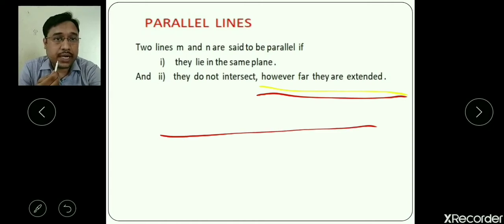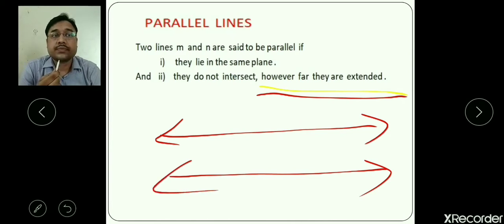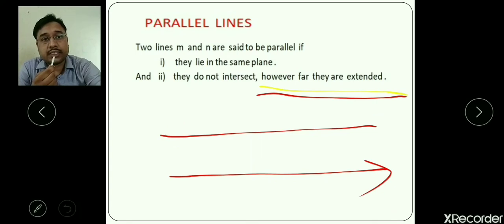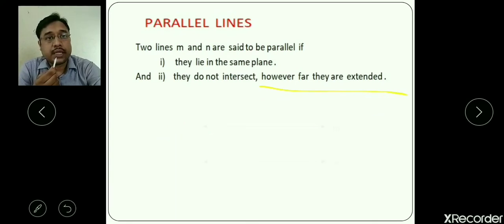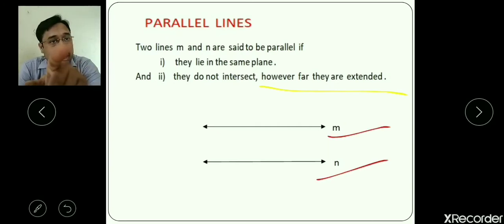Suppose that these two are parallel lines only, then they will never intersect however far you extend them. It will never intersect. So such lines are called parallel lines, and the condition is also that they should lie on the same plane. In this example I have shown that these two lines M and N, the lines we are naming by small letters only. If you are using single letter lines, we use small letters, that is M and N. Any other letter also you can use. So here however far you extend, they will not intersect. Such lines are called parallel lines, and they should lie on a single plane, the same plane.